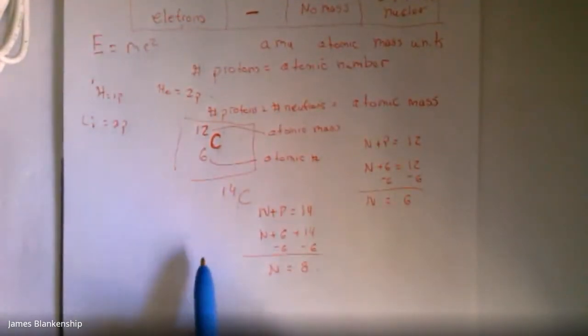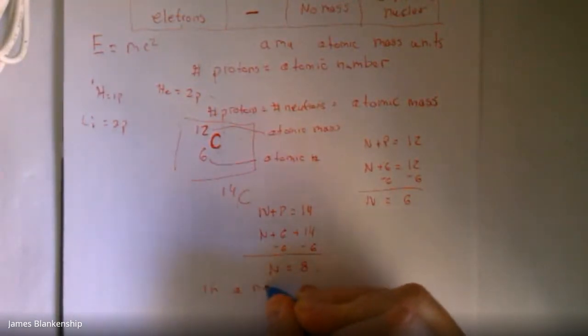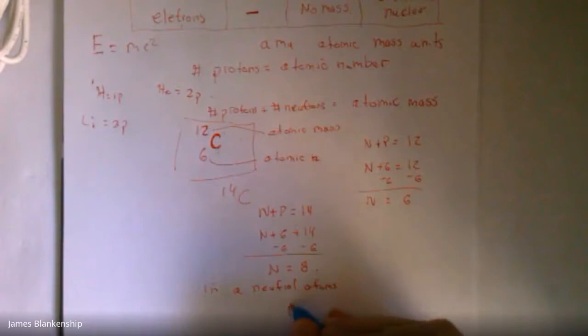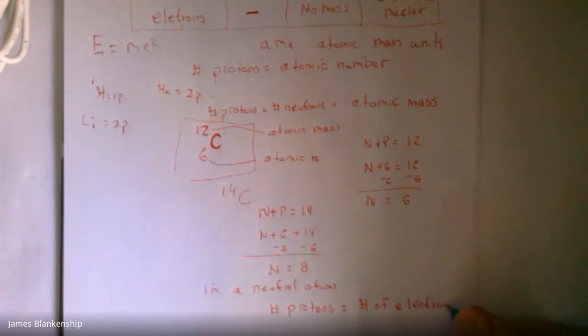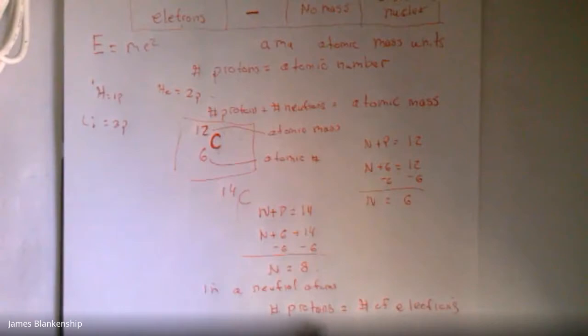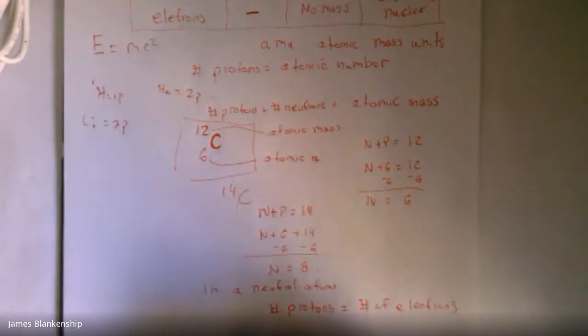Last piece of information to provide is that in a neutral atom, your number of protons will equal your number of electrons. This means that if it's a neutral atom and you have 6 protons, you have 6 electrons. If we were to look at sodium, which has an atomic number of 11 and a mass of 23,